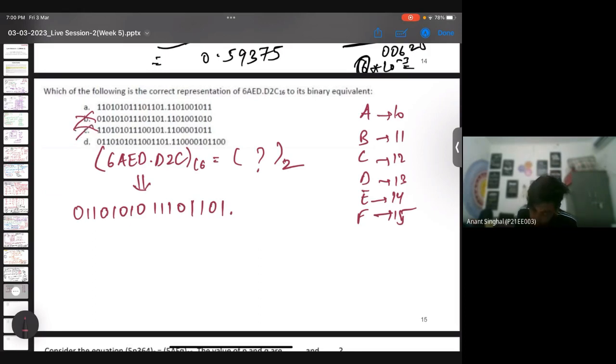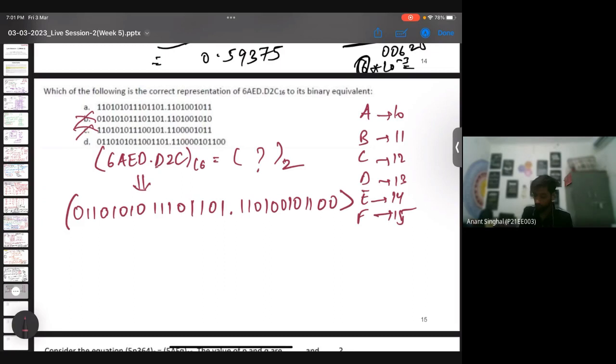This is also eliminated. Now for D, we know that D is nothing but 13. So 13 is 1101. Then 2 is nothing but 0010. And then C is nothing but 1100. So we know that